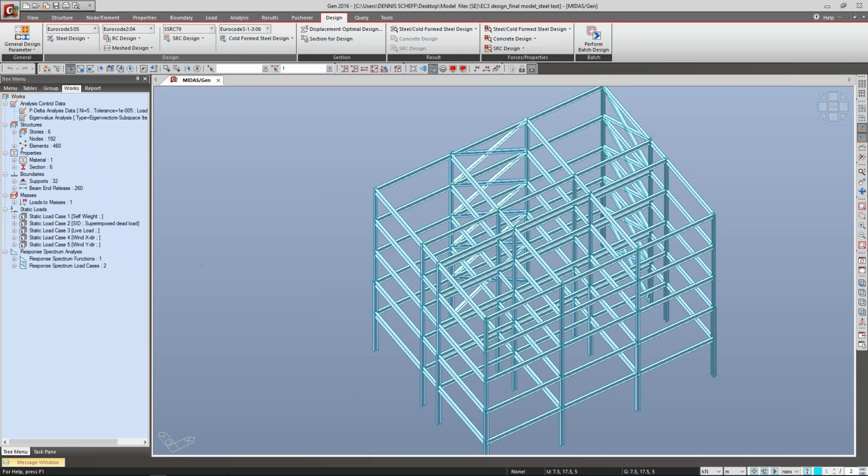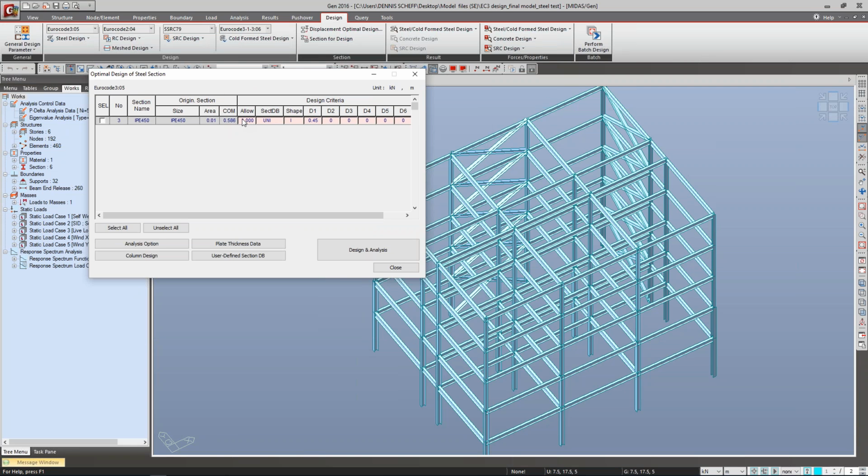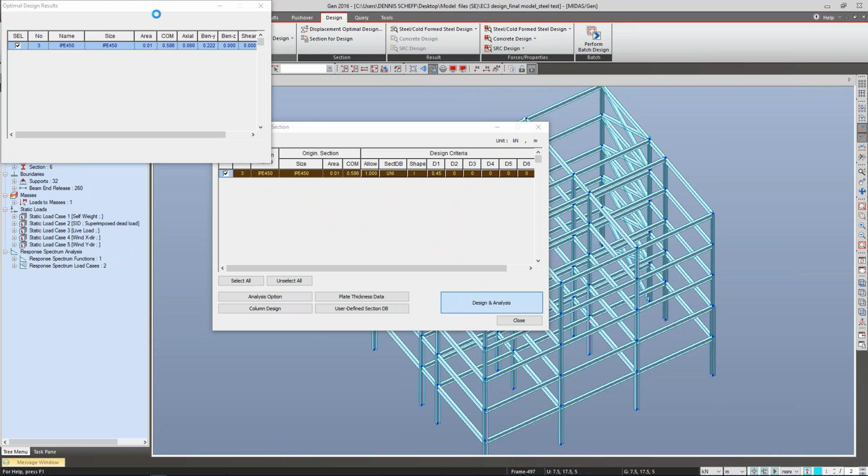Steel optimal design is available in MIDAS Gen, and in case of steel optimal design, you can define the section here, and analysis options, number of repetition. I will choose just one to show you fast how this option is used, and press design analysis here for this selected section. So program will do